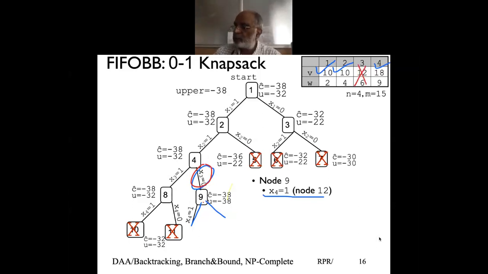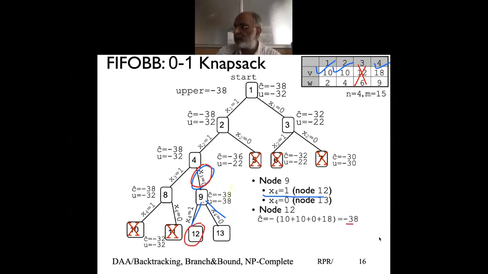Now when I include this, my value, which you see, would be minus 38, and x4 = 0 means I exclude this. When I compute for node 12, you'll find the value for node 12 is minus 38, and U hat would be minus 38, and I reach a leaf node. And when I already reach a leaf node, I find an answer. When I exclude this, I'm getting a less value. So node 12 basically gives me